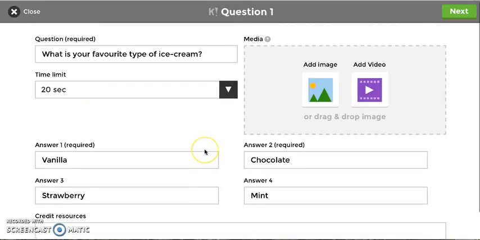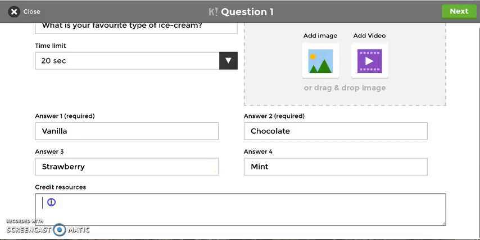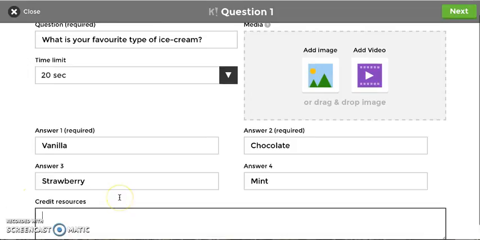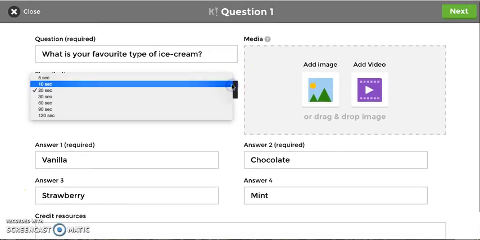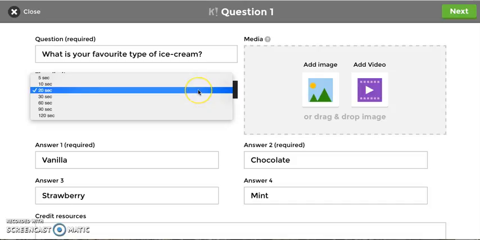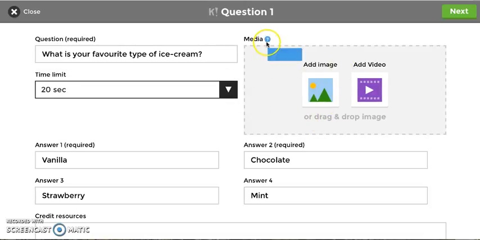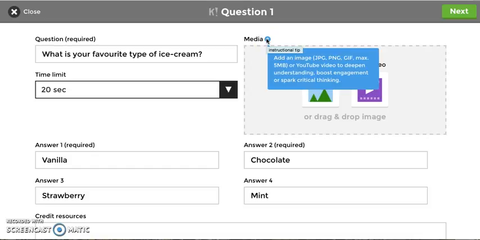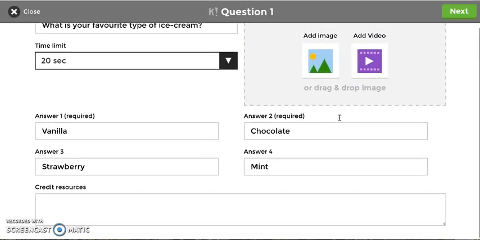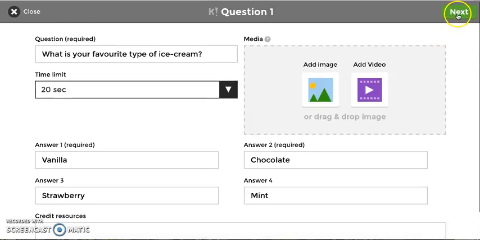So I have placed 4 different answers to this survey, and I can also credit the resources, which there is none for this. You can also change your time limit. So for this one, 20 seconds would be suitable for students if you didn't have any additional literacy needs in your classroom, but you can take it up to 120 seconds for more higher order thinking questions. I could add an image here of ice cream if I like, but I'm not going to today for the sake of the video. So you click next,